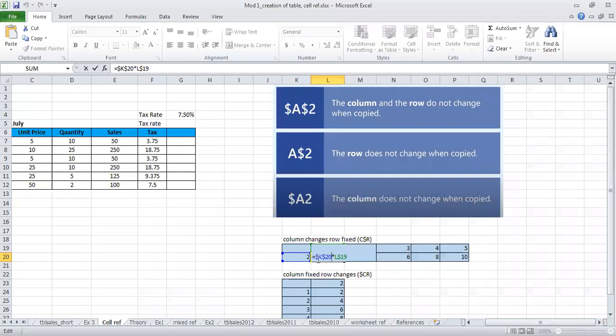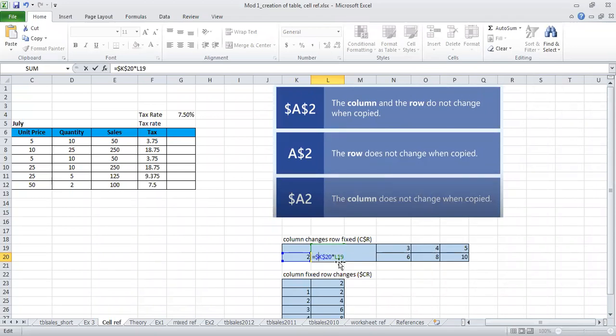Okay. So my formula is written in such a manner that I put 2 into 1. I'll just write the formula: equal to 2 into this particular cell, which is L19. Okay. Now I select these 2 cells. Then I see what needs to be fixed. This 2 needs to be fixed. So I put a dollar symbol in front of 20 and in front of K.